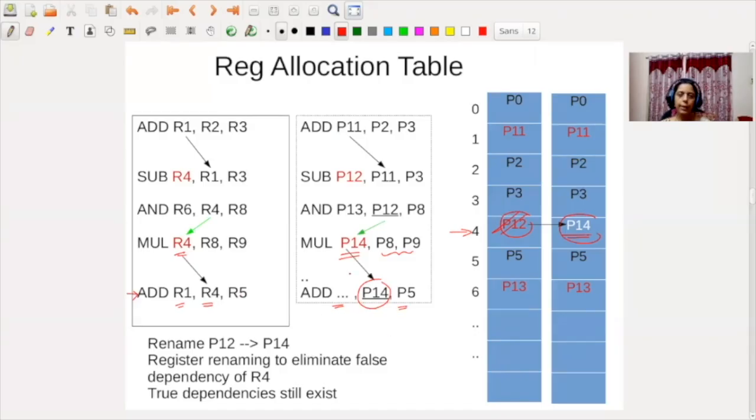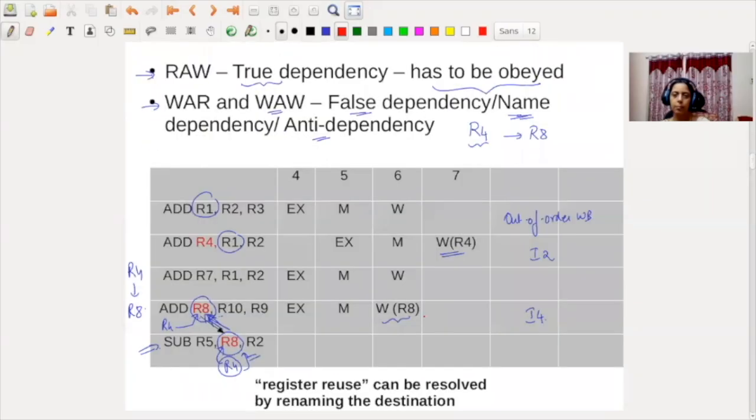So now let us see what we have done at the end of all of this. So why did we do all of this? Because we wanted to change the name of these two registers because there was a write after write dependency and we wanted to do the register renaming. So at the end of this, you've changed this R4 to P12 and you've changed this to P14. So basically you've changed the names of these two registers and therefore even if you were to do this out of order write back,